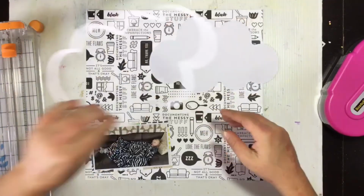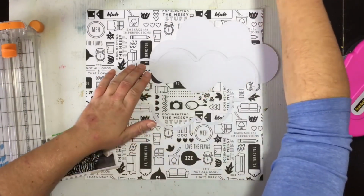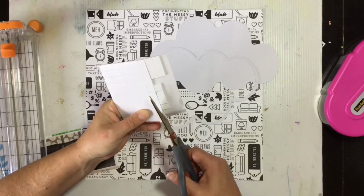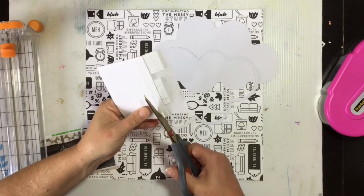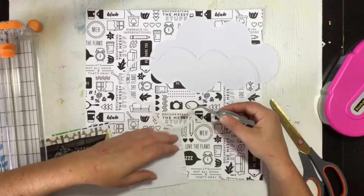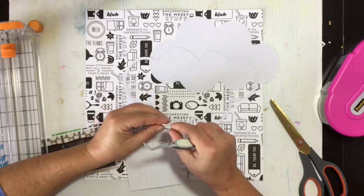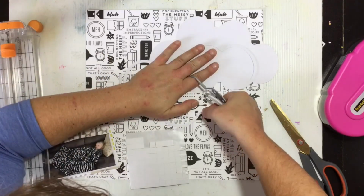So I kept the inside bit because I felt like that would be a good way to cover up the busyness in the background paper, and allow me to do what I'm aiming for, which you will see pretty soon. So the frame, I want to pop it up, so I've just trimmed some little foam dot squares into 3,